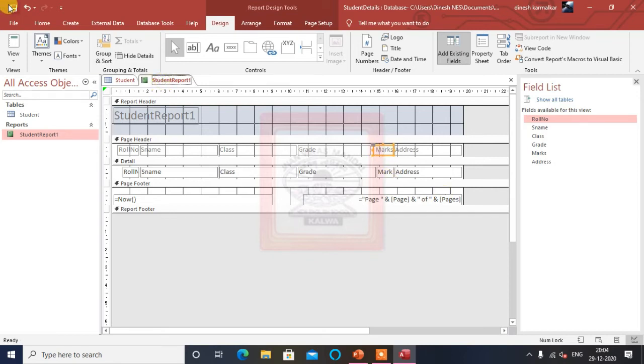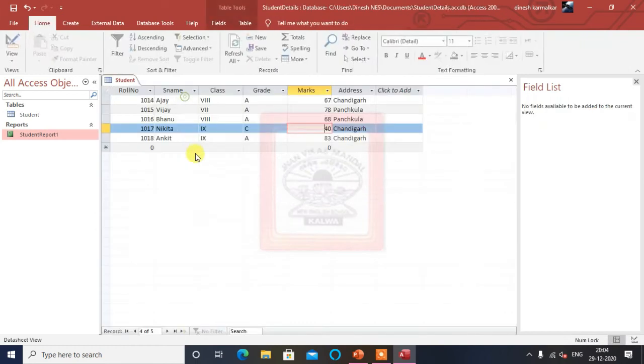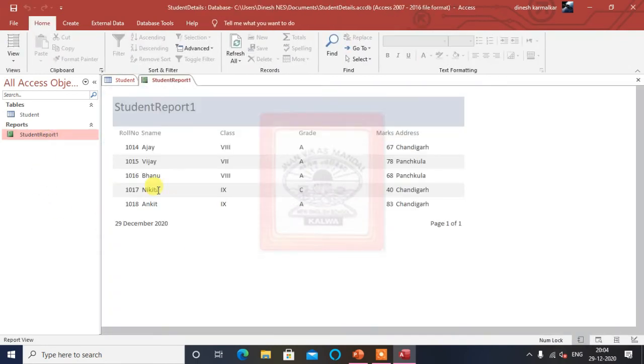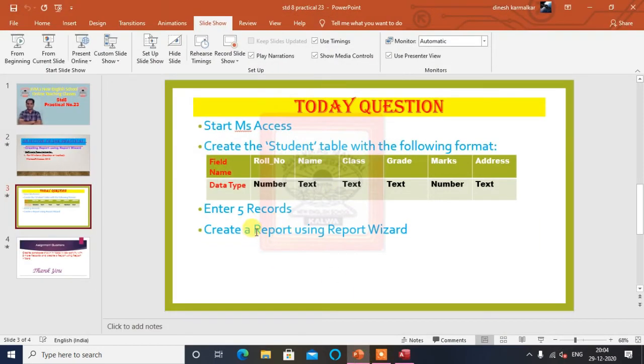And now I will save this and close this, and now I will double click this. So now you can see roll number and marks I am getting properly here. But what I did was in the report design, which is not part of this. Generally in the report wizard, whatever you are getting, that only we are using. Now we will use whatever database we have for different wizards also.